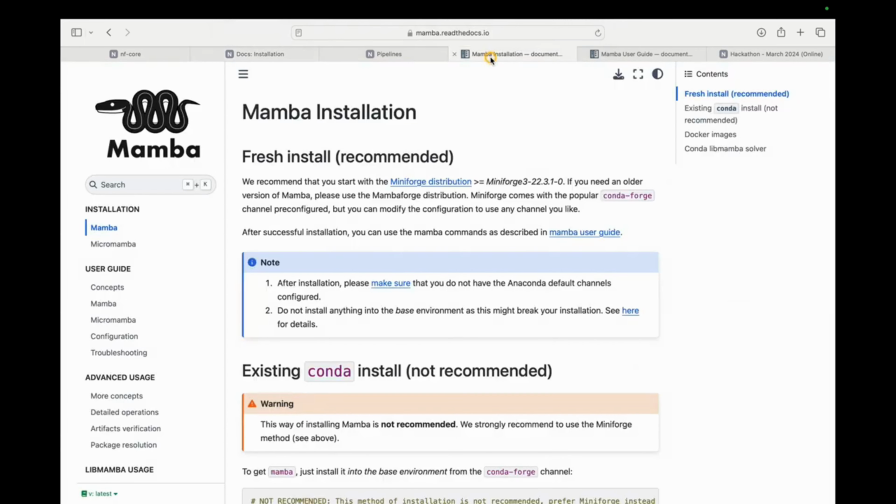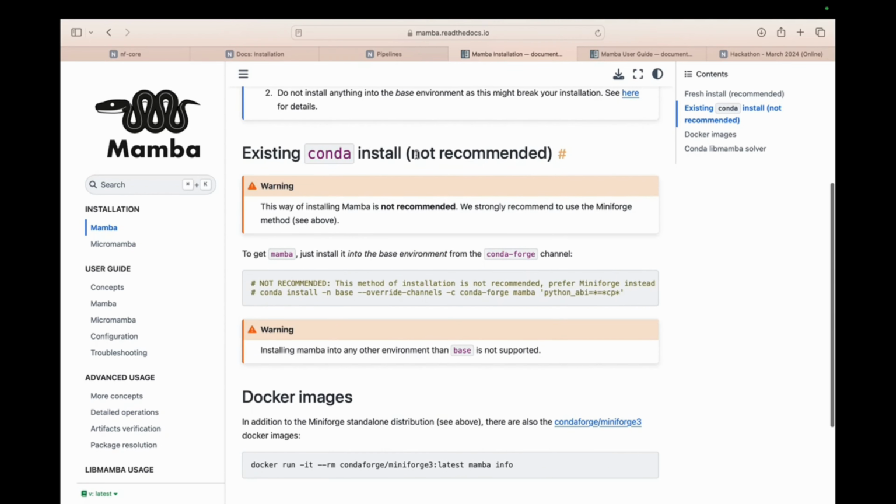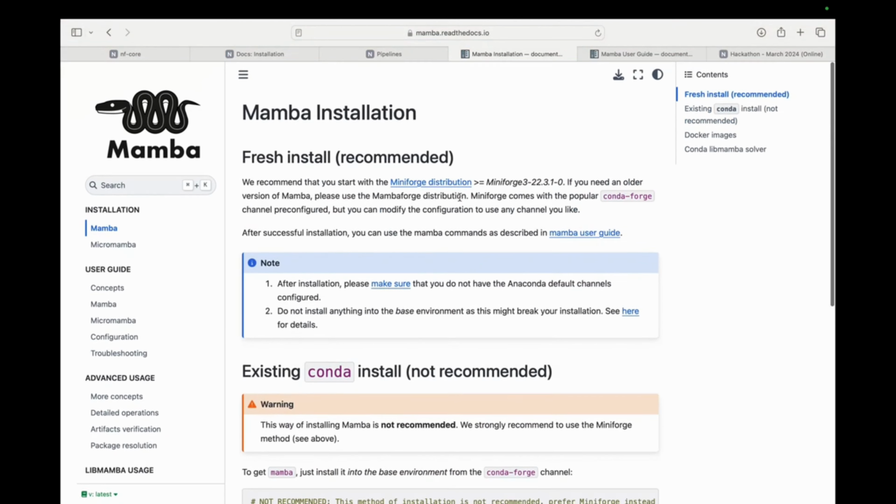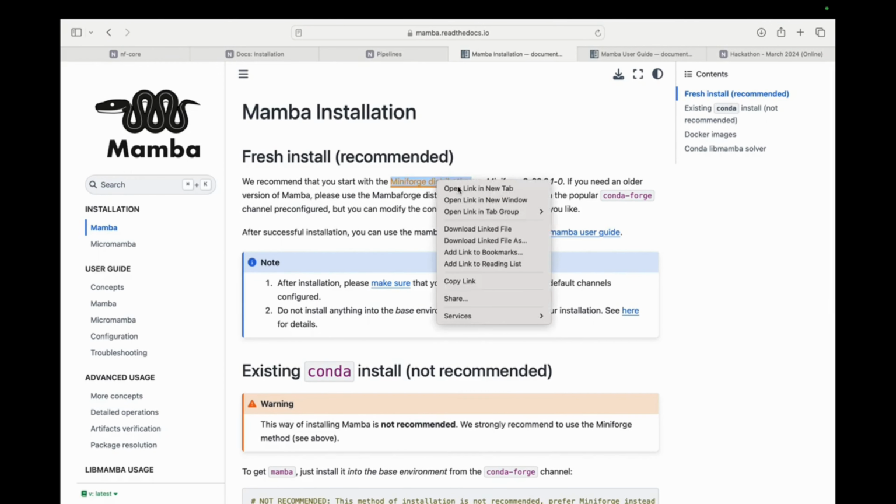To do that, for the installation, they mentioned that you need to first install the Miniforge distribution and then install Mamba. You don't want to install Mamba inside your Conda environment. They have also mentioned over here, not recommended, existing Conda install. So not recommended, you don't want to mess up your Conda environment, rather install it separately. Okay, to do that, you go to this particular link,